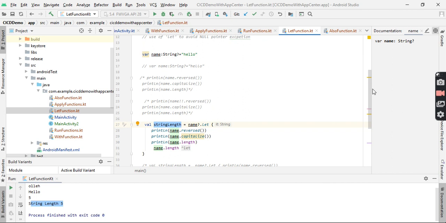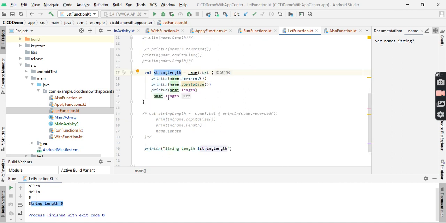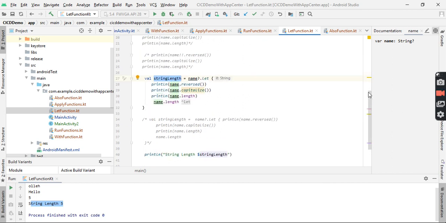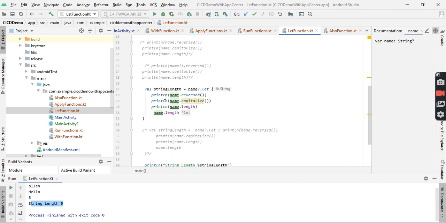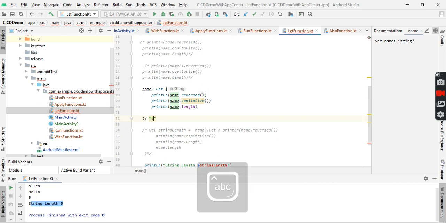So here we can see another example. Suppose we have defined null again in this variable. We don't want to return anything from here and we use the Elvis operator, where the string is blank.